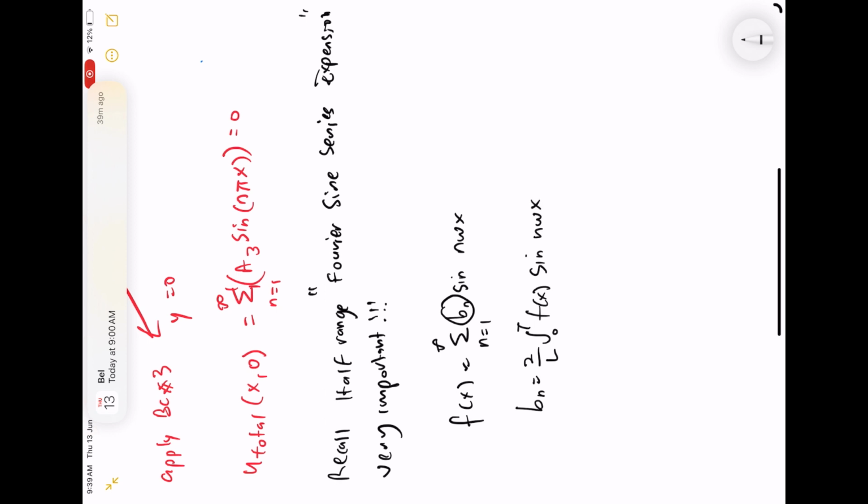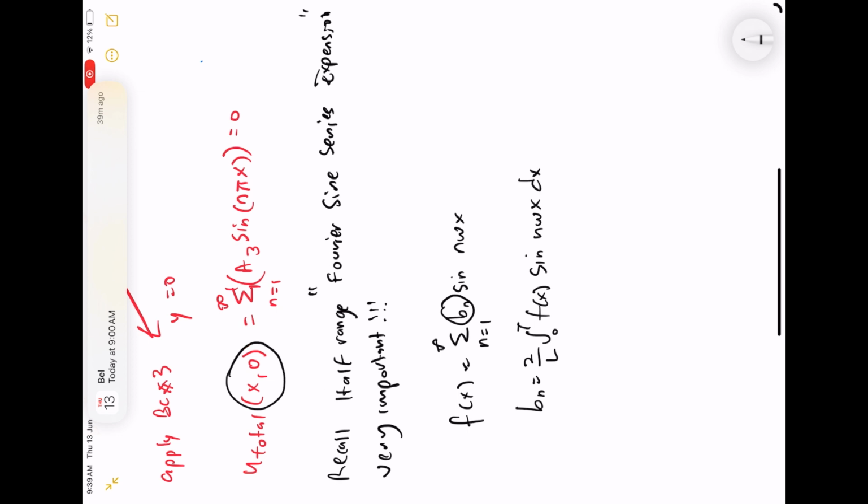Now f(x) in the Fourier series expansion equals the summation of bn sine n w x. And you can find the value of bn is equal to 2 over L, integral from 0 to L, or negative L to L, of f(x) sine n w x,